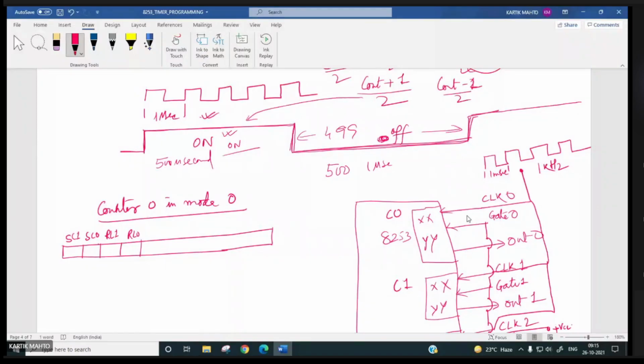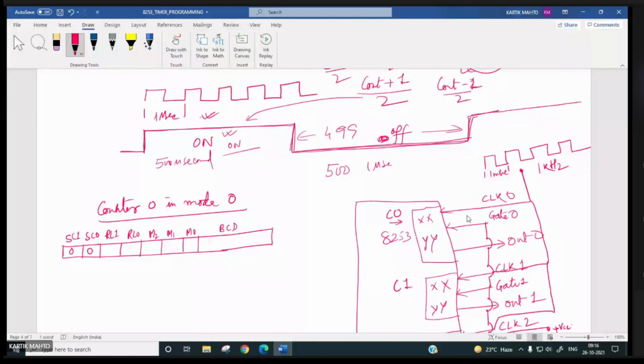Then we have the mode selection, M2, M1, M0, and here we choose what type of count we want, BCD or hex count. For counter 0, both bits will be 0, 0. Am I correct? Yes, sir. Counter 0.